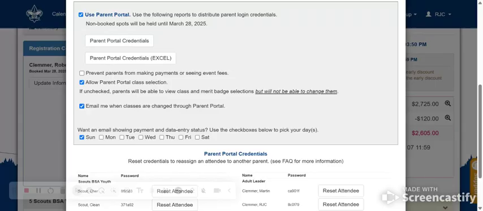So I copy that, and I'll open up a new tab here. And when I go to that, it will take me to a page where it says Trusty Scout, and a parent or someone can pay for that scout and then eventually sign up from that link. So that would exist through a Parent Portal Credential Excel file. And then if you click this Parent Portal Credential here, it comes up with this spreadsheet or this PDF of folks' password and a QR